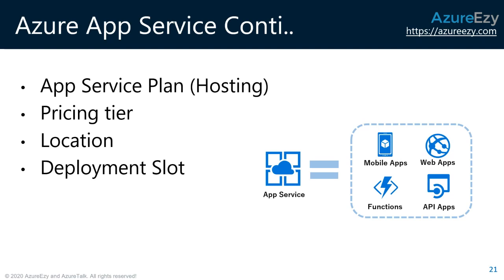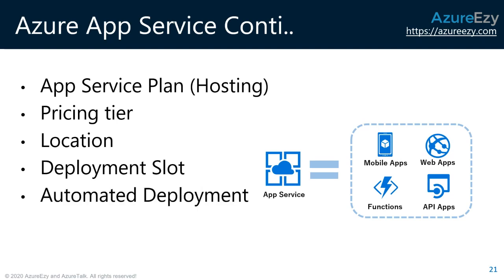We will see that option in the portal, but it is a very efficient use of environment. You don't really have to create a separate environment for your testing. You can have a slot, deploy your application in one slot, and then swap your slot as and when your application is okay and performing as expected in your test slot or dev slot. Then you can just click on one button and it will swap, a blue-green deployment kind of thing. It will be able to proceed.